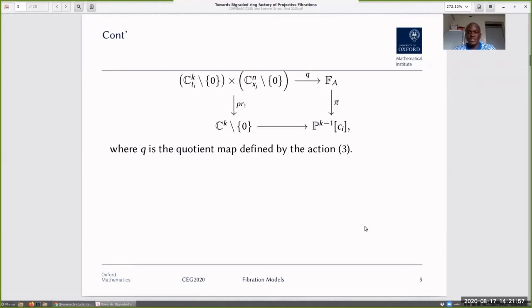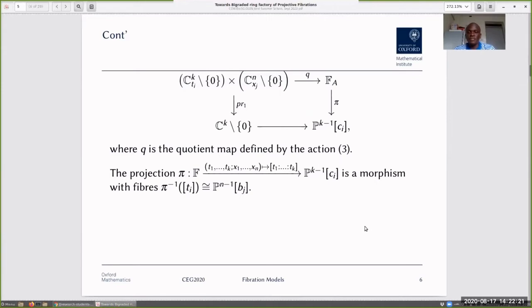A summary of this is as follows. Q is the quotient map that you've seen, and the projection to the first factor is such that the lower horizontal map is compatible with the weighted C-star action on affine C^k space with weights c_i. The map pi is defined by taking the homogeneous coordinates in the base, and its fibers are weighted projective spaces of weights b_j. We say a scroll is straight if the c_i and b_j are all 1, and